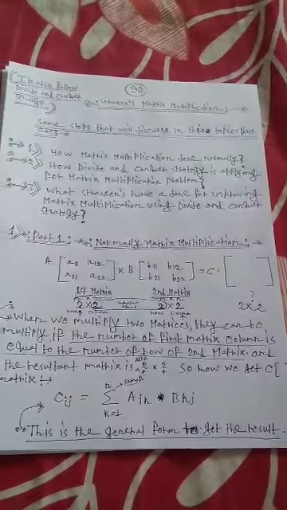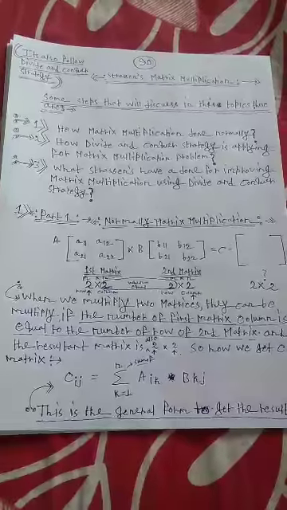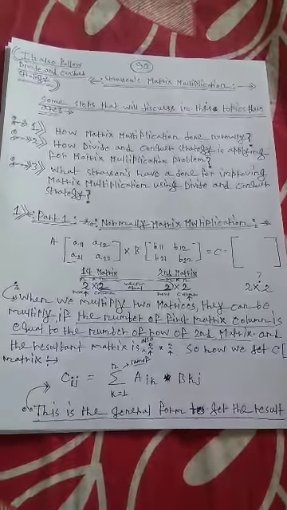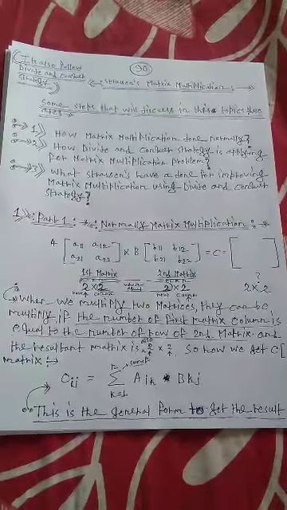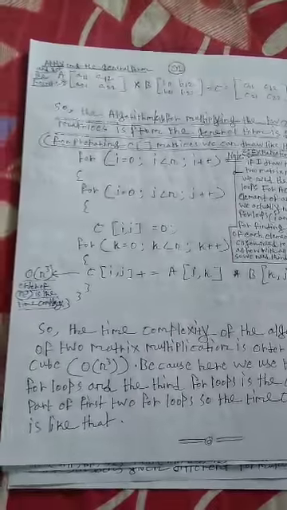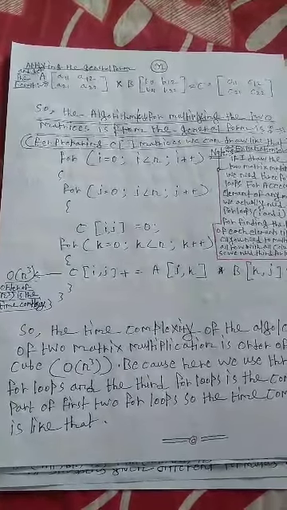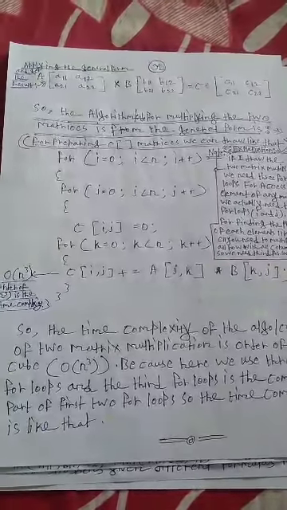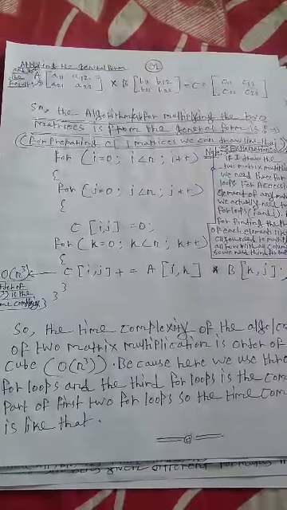So how do we get the C matrix? The general formula to get the result is Cij equals the sum of k equals 1 to n of Aik into Bkj. Now applying the general form, we get the result. A is A11, A12, A21 and A22, a 2 into 2 matrix, and B is also a 2 into 2 matrix, then the result will become the C matrix.